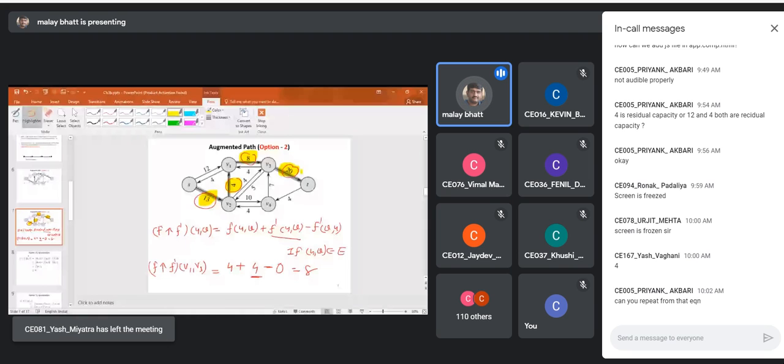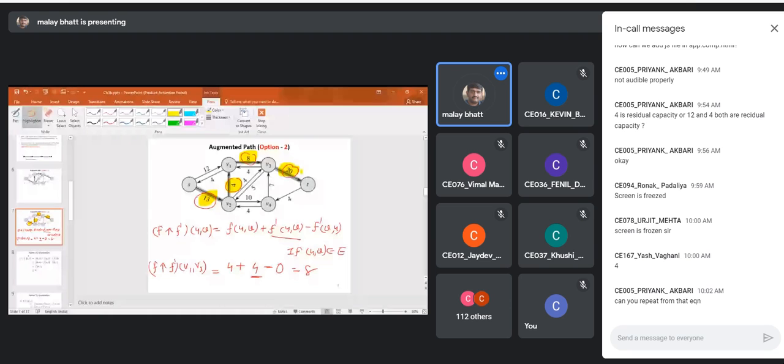If we select the reverse edge, then f dash u comma v will be 0. So out of these two terms, any one will be utilized. If it is the actual edge of the graph, we use the second term. If it is the reverse edge in the augmentation path, we use the third term. So the change will be 8.